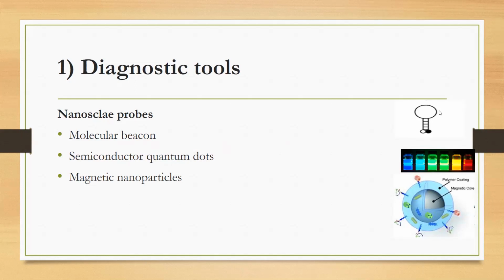A hairpin-like structure is a molecular beacon. What this molecular beacon does is, this is a nanoscale material. Once it's used as a probe, it can specifically detect those genes that are linked towards the development of cardiovascular diseases. So out of the gene pool of the human cells, and you are well aware of the fact that